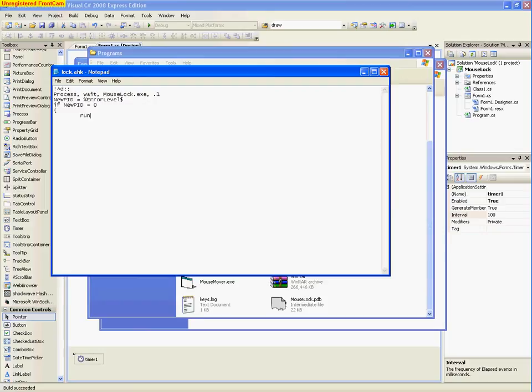Mine is in documents. Let me just copy this. There, that's where mine is. Just Documents and Settings, whatever your username is, My Documents, Programs, and whatever you called it. This is actually MouseLock. Stop moving around on me. There. Then close bracket,